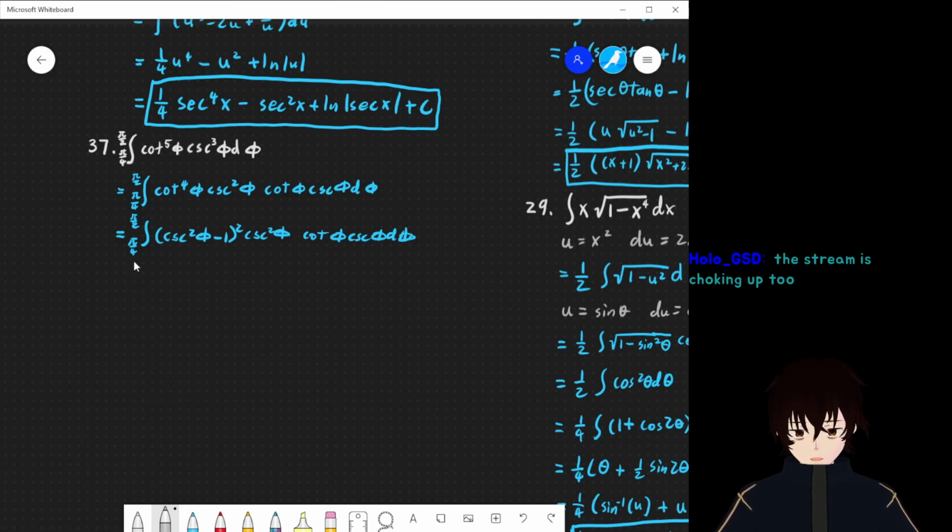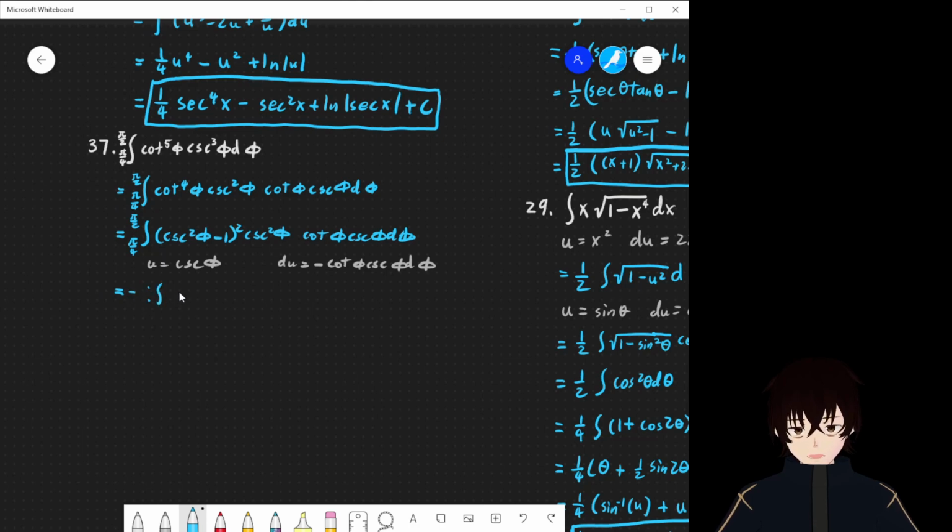Anyways, now that we have this, we can do a quick u sub. U is equal to cosecant phi, du is equal to negative cotangent phi cosecant phi d phi. And that would net us negative integral from somewhere to somewhere of